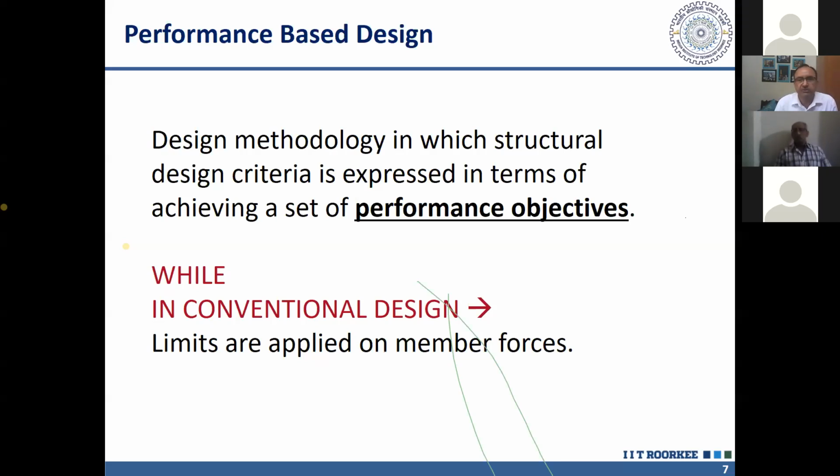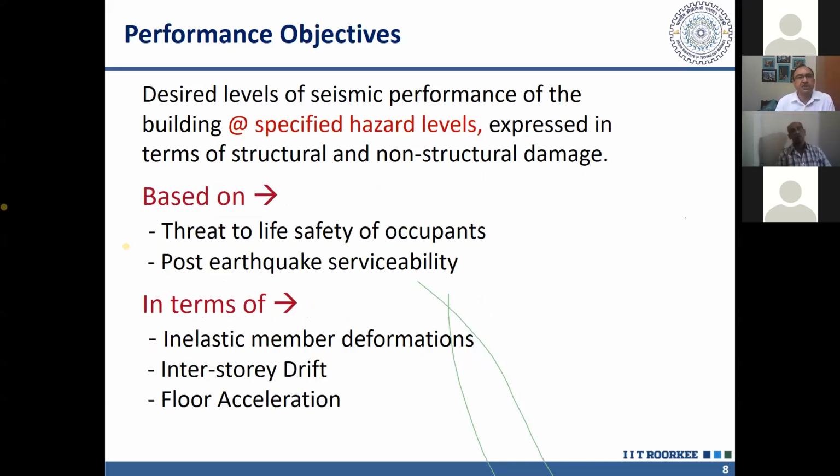So as you know, we calculate a demand and we calculate a capacity, and then we ensure that the capacity is higher than the demand. But in case of earthquake, that demand is not realistic. That demand is reduced by a response reduction factor. So as I said, in case of performance-based design, we need a set of performance objectives which are based